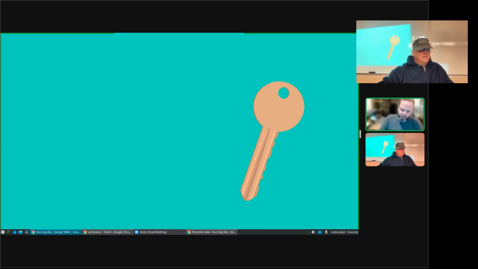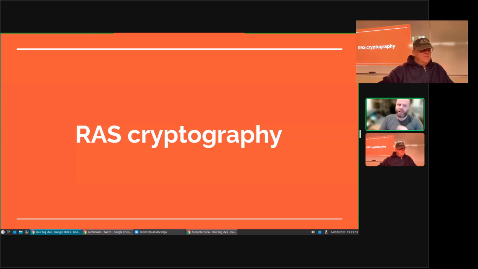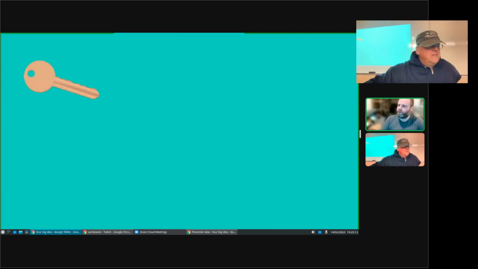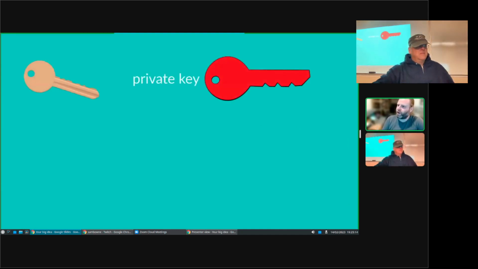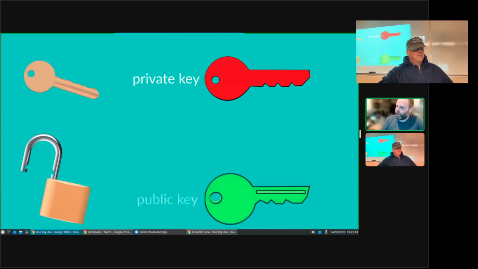So the person can put the message in a box and send it back to you locked, and you have the key. And since it's numbers, you can make as many padlocks as you want. So that's how RSA works. I'm not really going to cover it because I don't have much time, but one thing is that, as we saw, the key, for some reason I find silly, is called the private key, which is silly because all keys are private. And the padlock is called a public key, which is also silly because no key is public. But anyway,